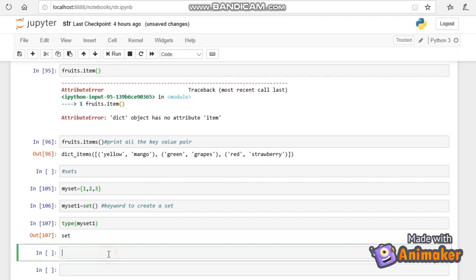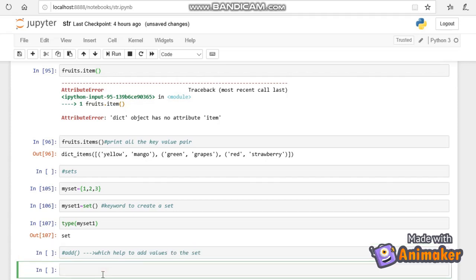So we'll see another function called the add function, which helps to add values to the set. Let me show you. My set dot add, if you want to add value 1, I'm giving 1.